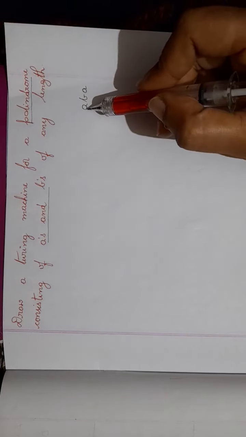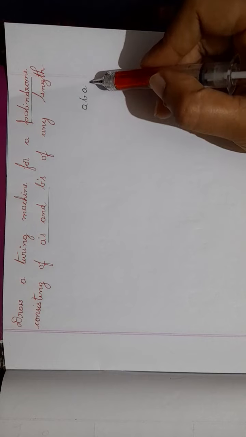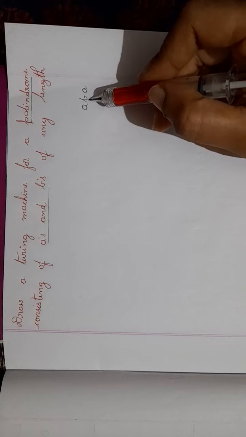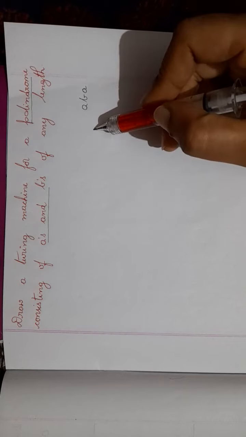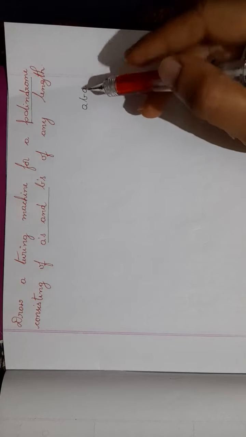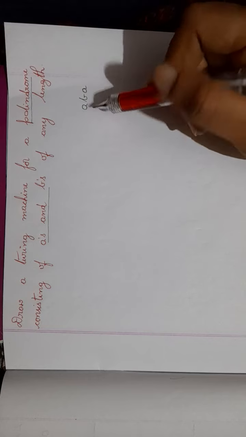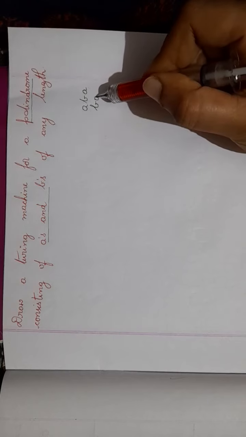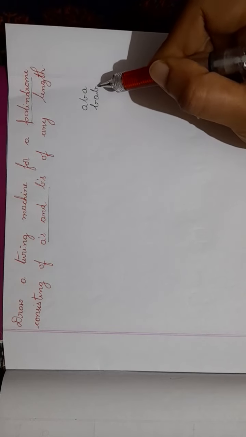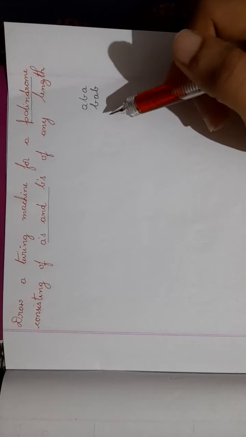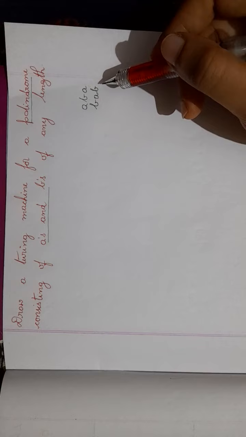You'll be writing the characters from left to right. When you reverse it, it should be the same. So A, B, A: when I reverse it, it will be A, B, A itself. If I have anything of this kind, then it is known as a palindrome. So A, B, A is one base case. One more I'll consider: B, A, B. When I read it the other way, it is B, A, B. So A, B, A is a palindrome, and B, A, B is also a palindrome.